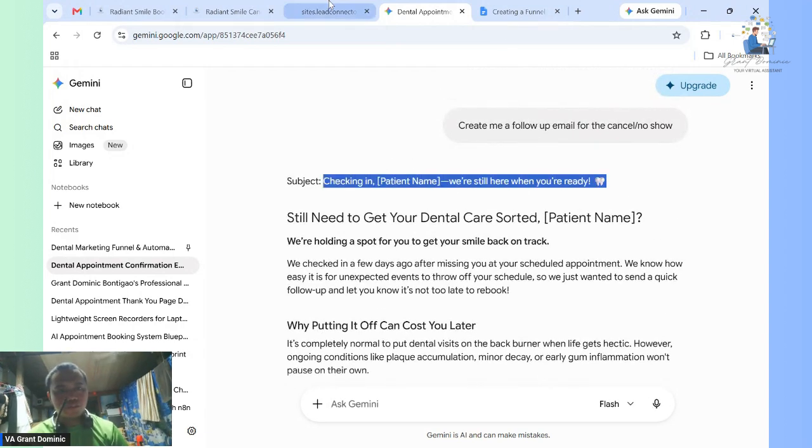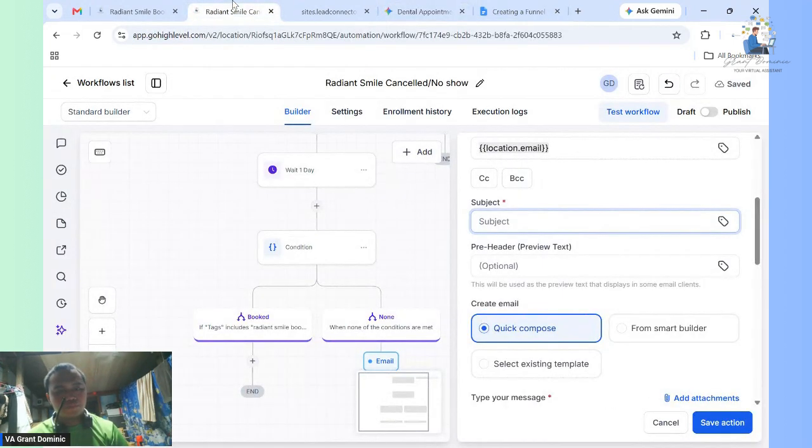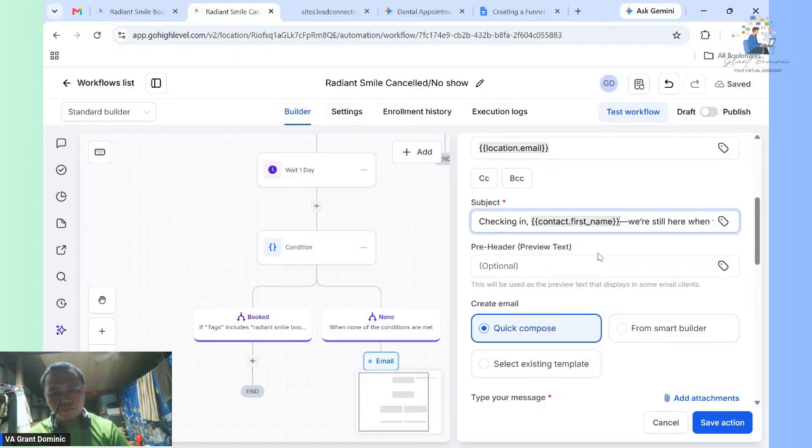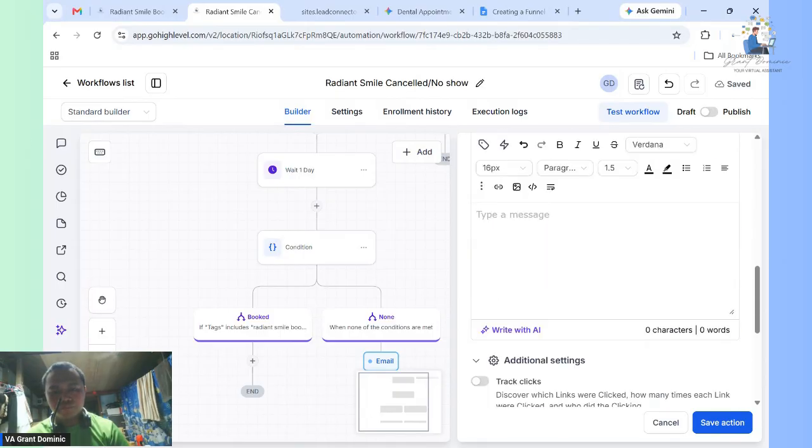So we're gonna change this. So I'm gonna use the first name. So we will add the body.